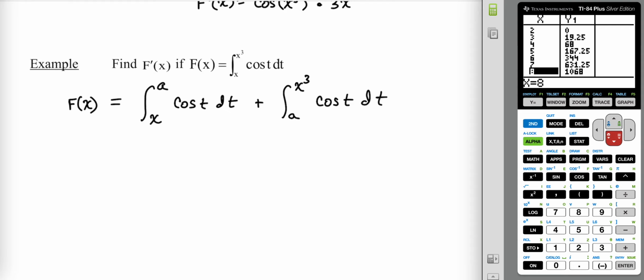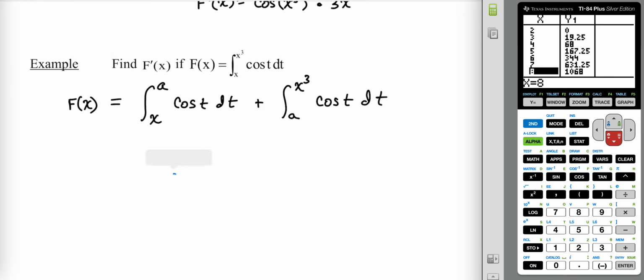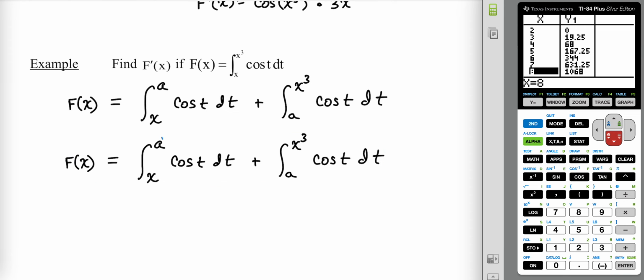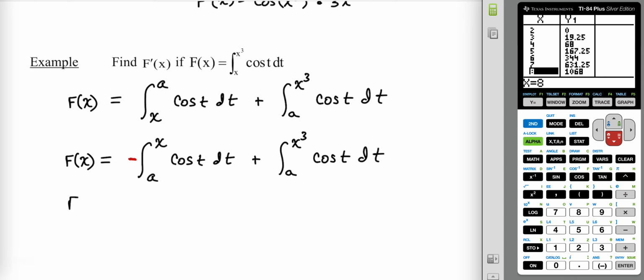All right, since I'm looking for the derivative and I'm involving a sum, I can take the derivative of each piece separately. All right. We also learned that you can swap the bounds of integration as long as you negate the integral. All right, so if I want, the second integral is fine, but if I want the first one to be in the proper form, I can swap the bounds as long as I pop a negative sign in front. So now if I want to differentiate, all I have to do, well, aside from not forgetting that I have a negative there,